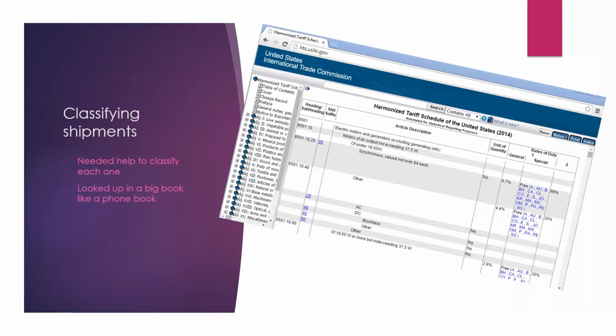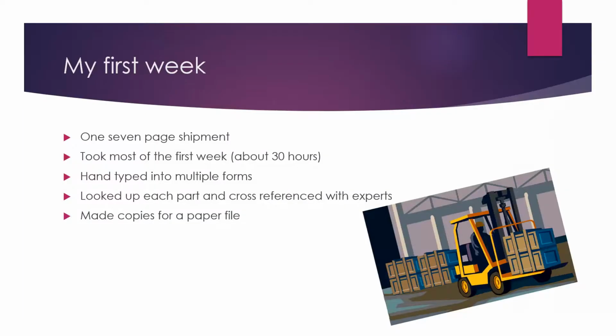One of the things that I had to do for each shipment was look up each good in the United States International Trade Commission Harmonized Tariff Schedule. Back then, it was the mid-90s, I had to look it up in a big book like a phone book. Now it's online in a database which is searchable and makes things much faster. When I was working there, it took me a long time initially to find each machine part that I was shipping and get help classifying it, and it was very tedious and cumbersome.